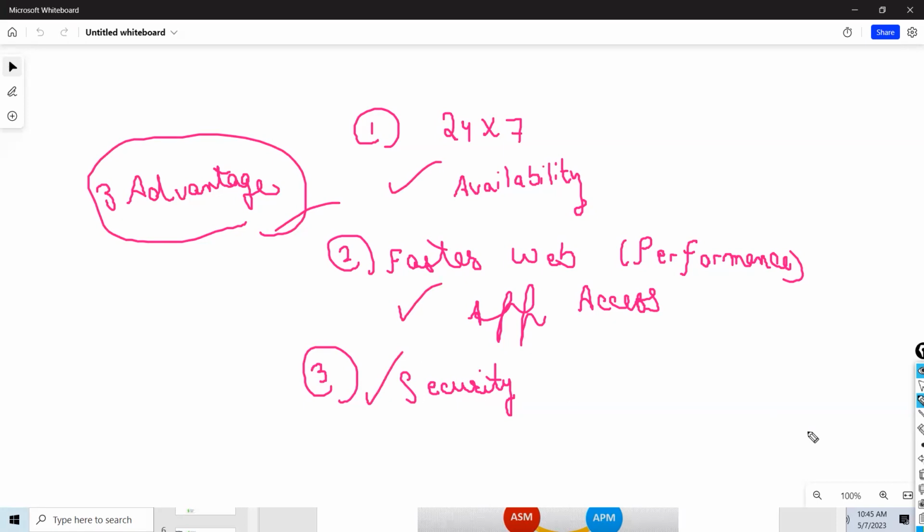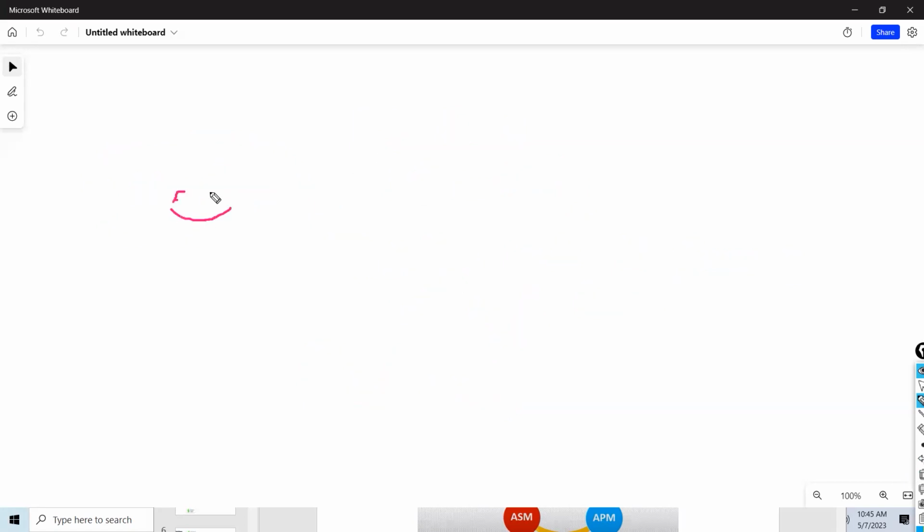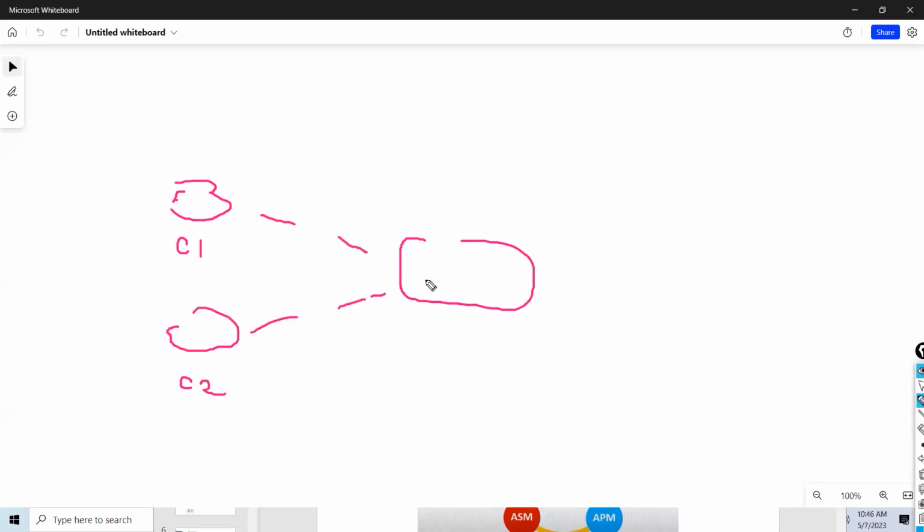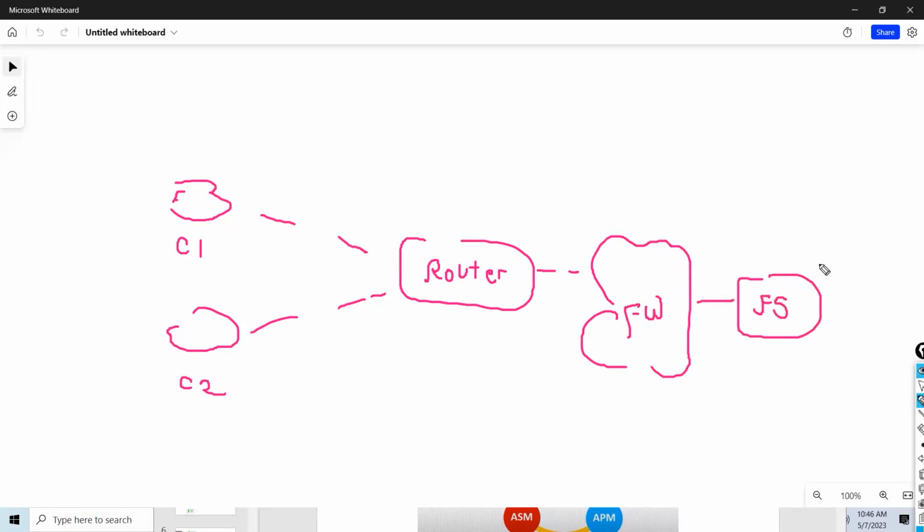So now someone will ask me, how does F5 provide security? Now let's say I have client 1, client 2, then I have a router, then I have a firewall, then I have an F5 load balancer. Then I have 3 servers. Now guys, my requirement is your F5 LTM.